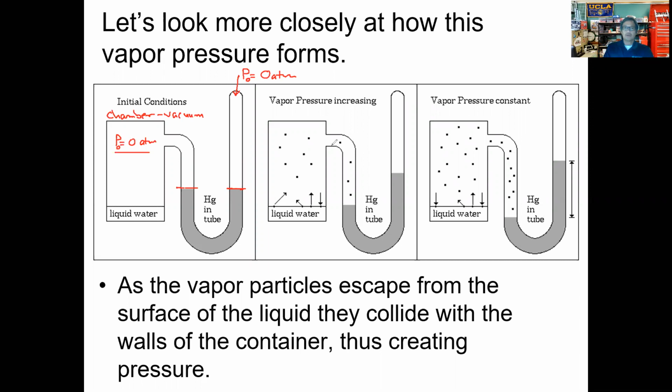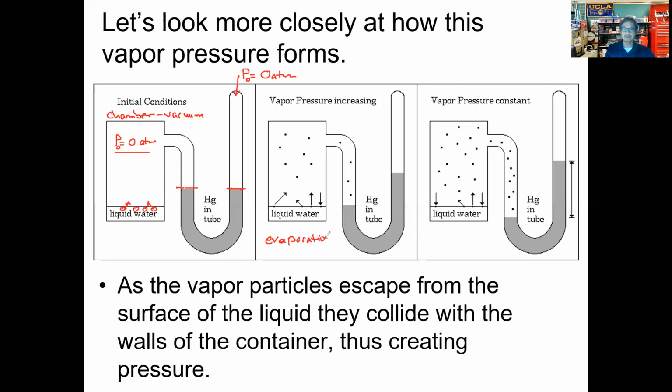Okay, the particles. We have this apparatus set up outside at room temperature. And at room temperature, what do these liquid particles start to do? Well, remember that these liquid particles at the surface start to absorb some of the heat, some of the kinetic energy, and they start to leave. So here we have evaporation occurring.